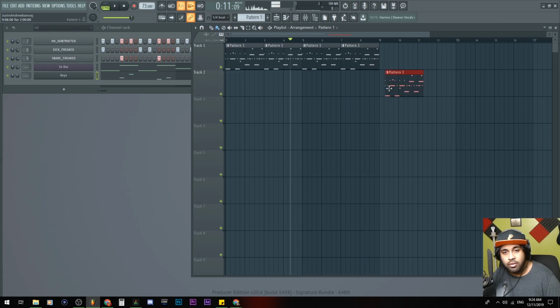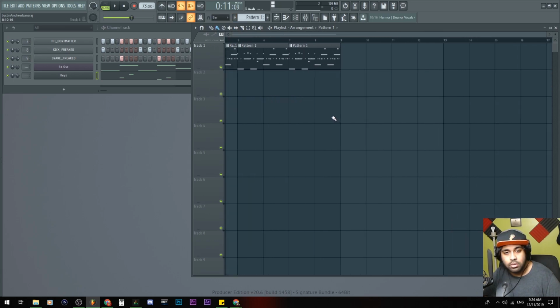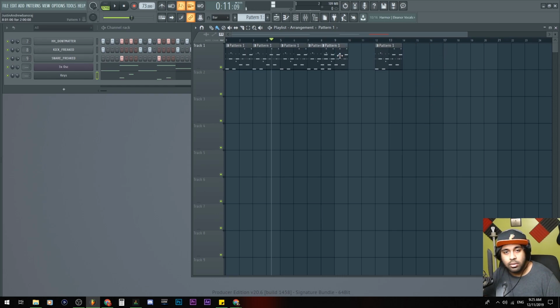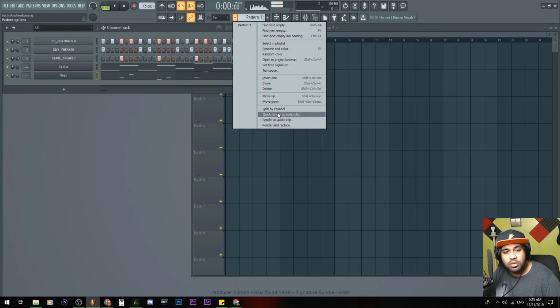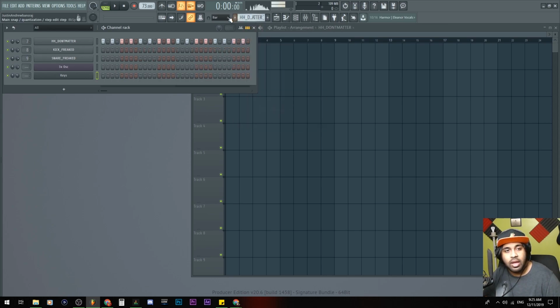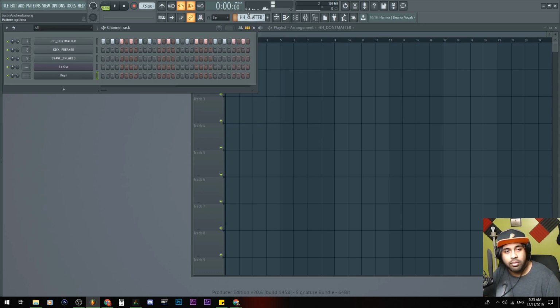If I put on 1/4 of a beat, you can see that's not pretty. It's not in line like that. That's why we use the bar function to make it snap to the bar, make it good like that. Cool. So for example, let's say we want to split this pattern up. You could go here to pattern 1, click this drop down, and go to split by channel. So now if I click here, we have 1, 2, 3, 4, 5 different patterns. If I scroll, you can see it has those patterns there.